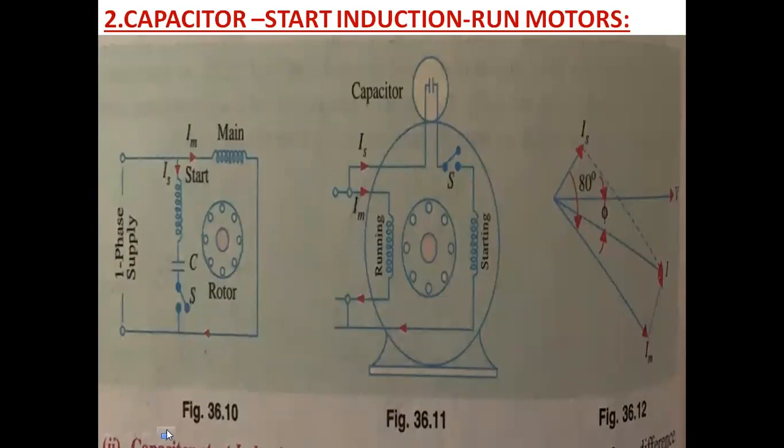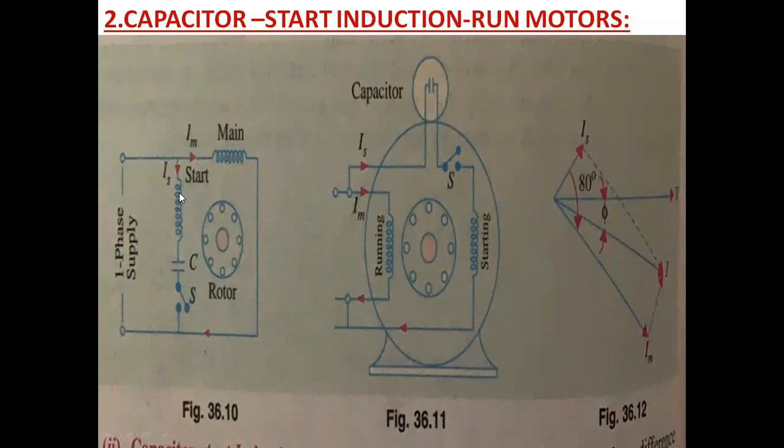For making the single phase induction motor self start, we are using two types of schemes. First one is where a single phase motor is made into a two phase motor. This is called a split phase machine. And the second one is capacitor start induction run motors. If you see the circuit diagram, winding and the phasor angles, you will know about it. These motors have two types of windings.